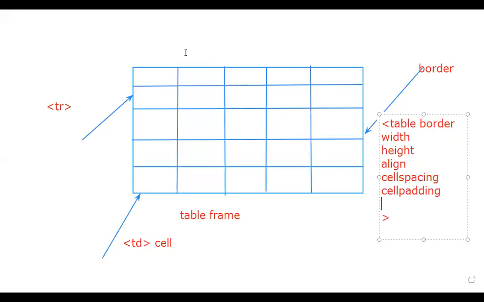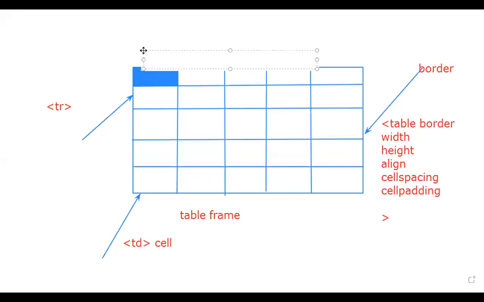Suppose I choose this area, guys. Here I will take this as column number. So this is column number 1, or you can take 0 also. Then I have column number 2, column number 3, column number 4, and the last one, column number 5. Or you can start with column number 0 also.